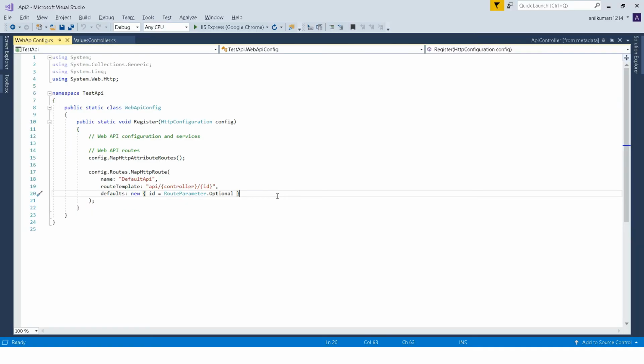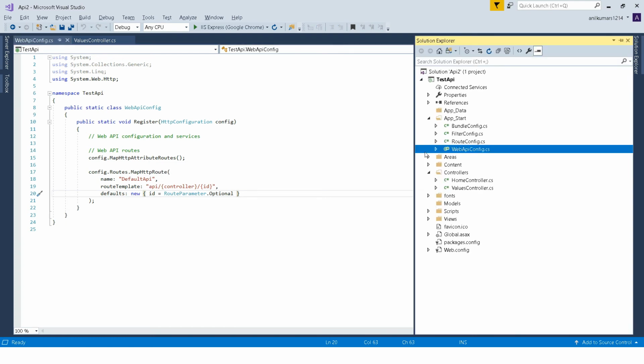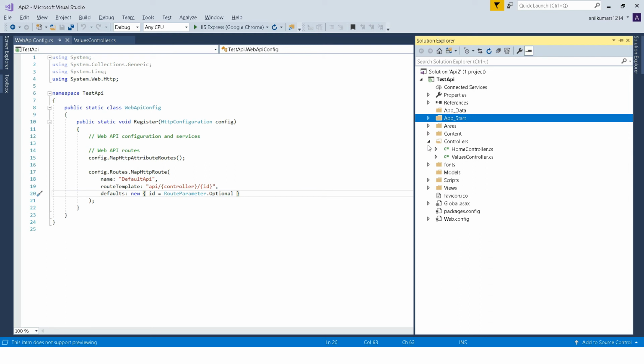If you go here, you can see the WebApiConfig.cs file. So this is about Web API configuration. Just give me a minute, I'm looking for it.